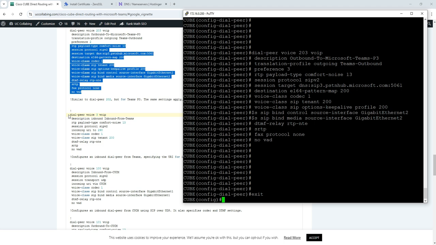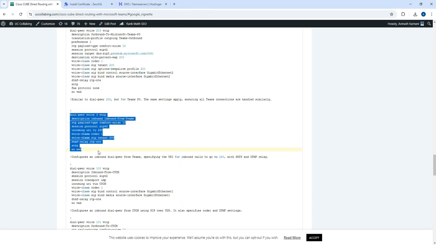Then this particular dial pair, what you see here, is basically call from Teams. When Teams sends the call, this is the dial pair which will take more precedence, or the calls will hit this particular dial pair